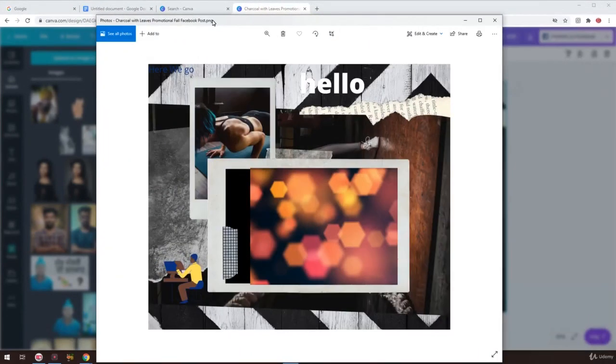In front of you we have a picture that we have created on Canva. It is totally free of cost. You don't need to pay a single penny. So what are you waiting for? If you want to make your own custom image, this is one of the best websites with unlimited templates and an easy method. You don't need any Photoshop skill, any editing skill.